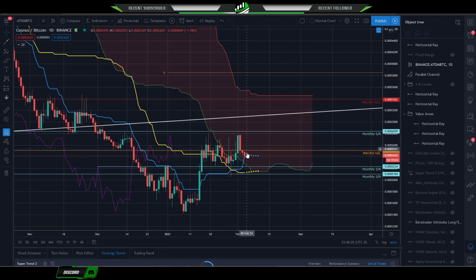So for me, if I was taking this trade again, and you're looking towards the top of the cloud here, now I know that my macro point of control is right here, and this is a huge, huge level. So would I put my take profit at the very top of the cloud here? Probably not. I would probably front run it a little bit, at least, just to give myself some room, because I know how big of a level this macro point of control is. So that's also an example of using other